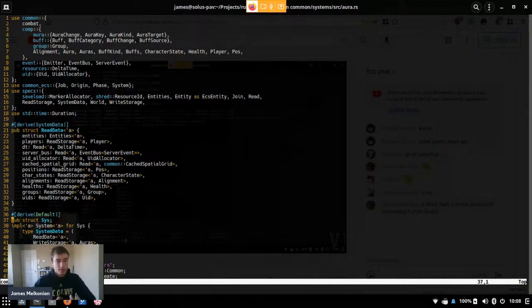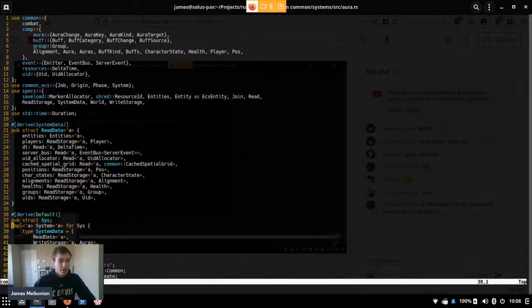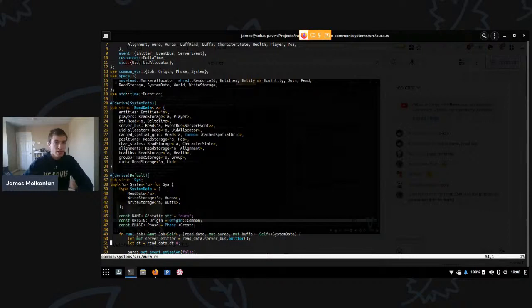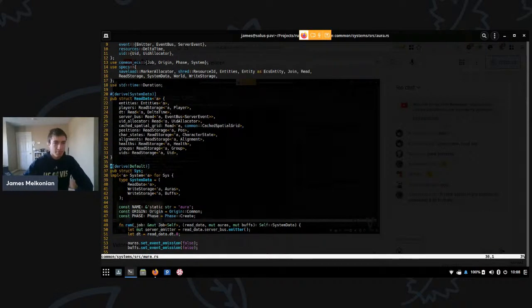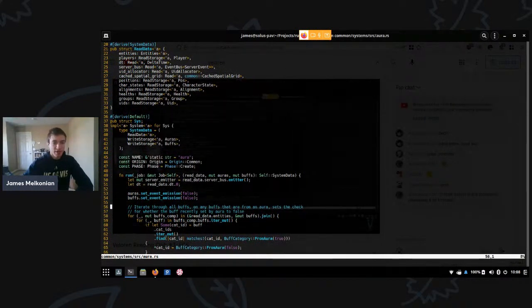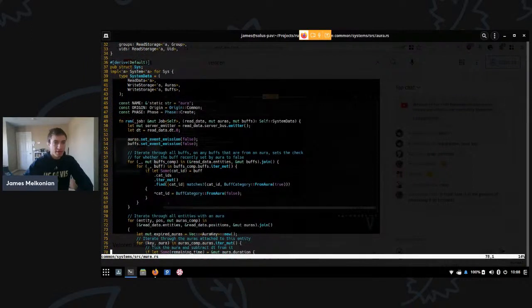So in order to use a system in the ECS framework we use, which is called specs, you have to implement the system and do all this kind of boilerplate. It's not that bad. You get used to it. But some people, that's one of the reasons they don't like specs, is because there's quite a bit of boilerplate compared to some other entity component systems libraries out there. So in this case, what we're doing is this run function we really want to pay attention to. This is what runs every tick and updates